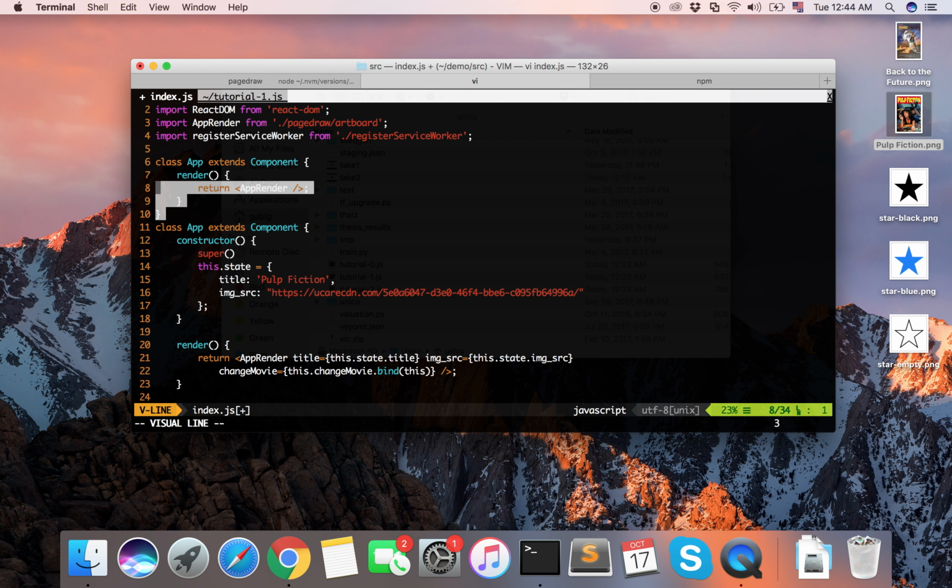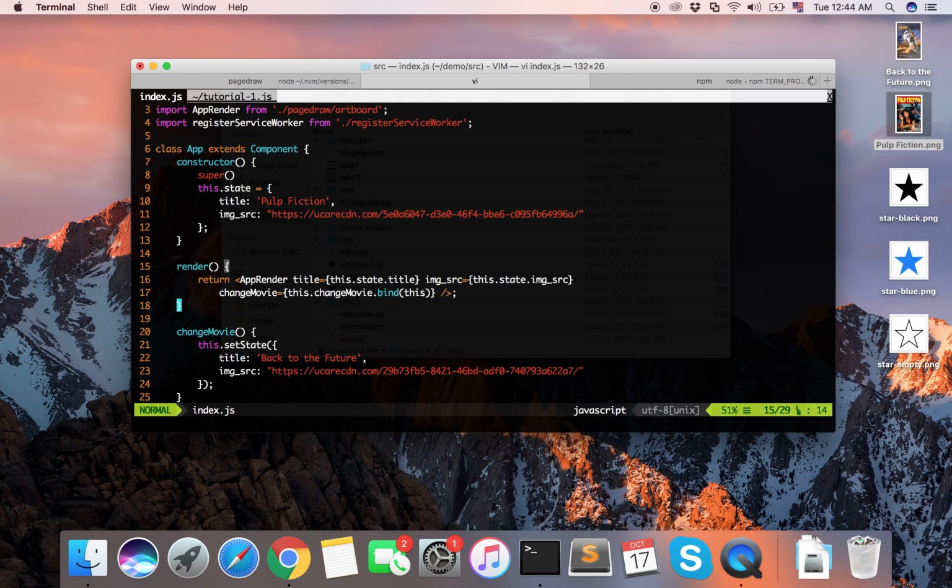It has a constructor that has a state, which is the title and image source. And it returns AppRender, which is the same thing as before, but it passes props to it. This is essentially passing props to the Pagedraw generated code. Title equals this.state.title, image source equals this.state.imageSource, and there's this changeMovie, which we're going to soon use,